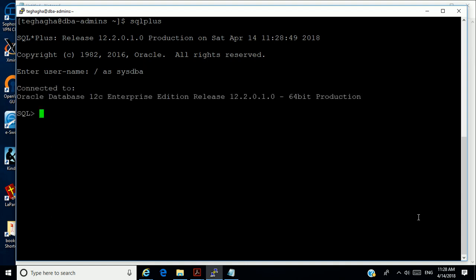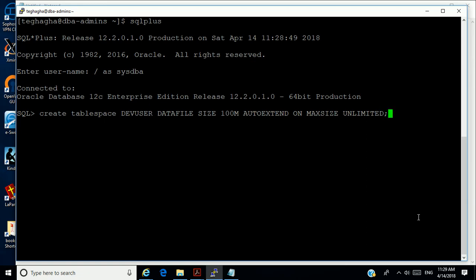So without wasting time, I'm just going to create a tablespace. Create tablespace, let's say dev_user, datafile size 100 megabytes, autoextend on, max size unlimited.